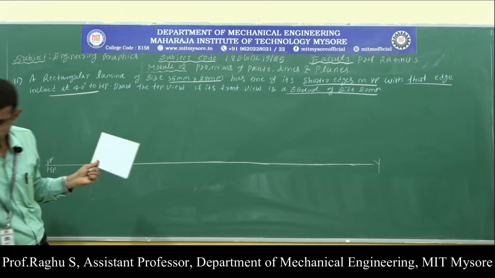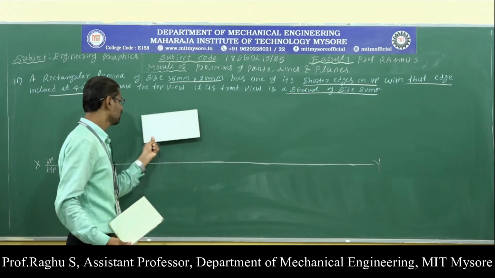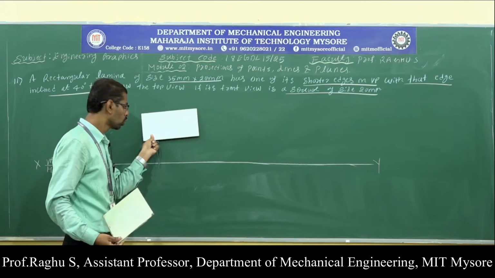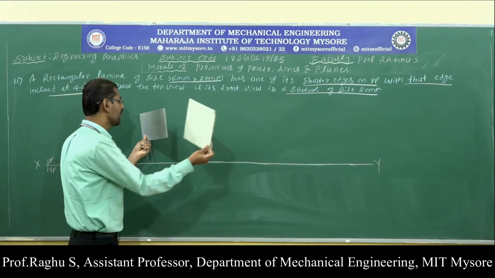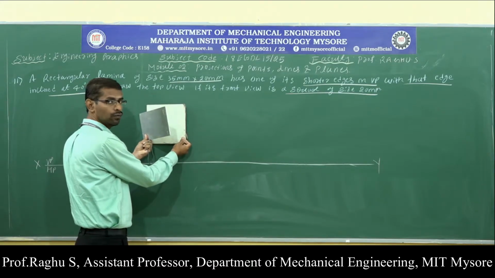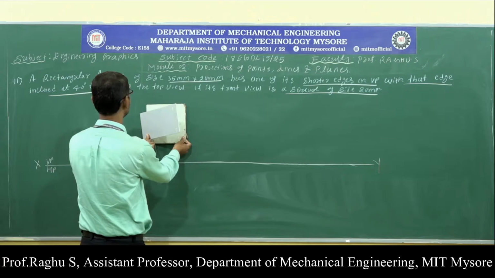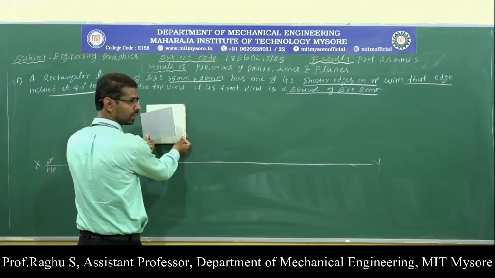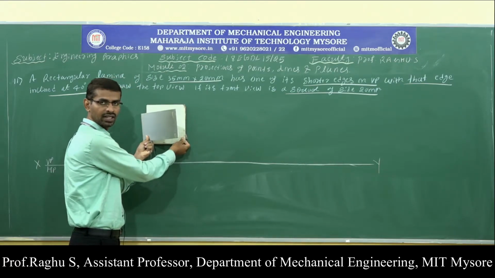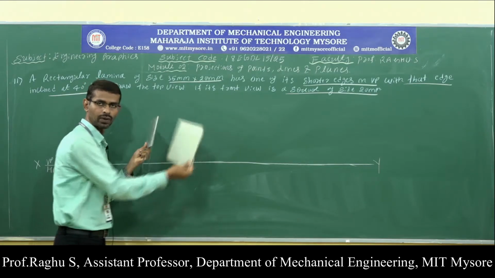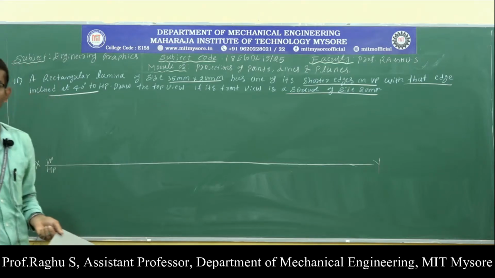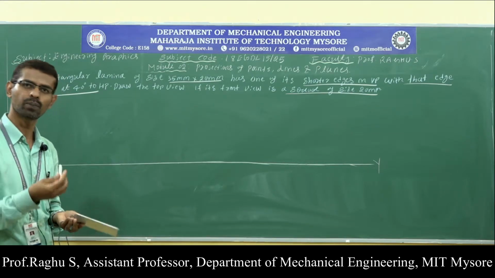Now, this is the complete resting position. When you rotate the lamina about the resting side, this lamina looks like a square in the front view. The inclination is not given, but the front view is given. Now I need to draw the top view and front view, just similar to the previous problem.